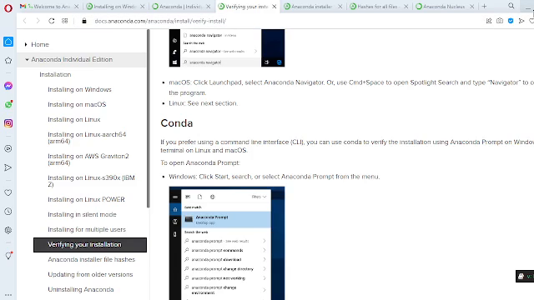Anaconda Python has built-in Python libraries: NumPy, SciPy, Matplotlib and image processing libraries.